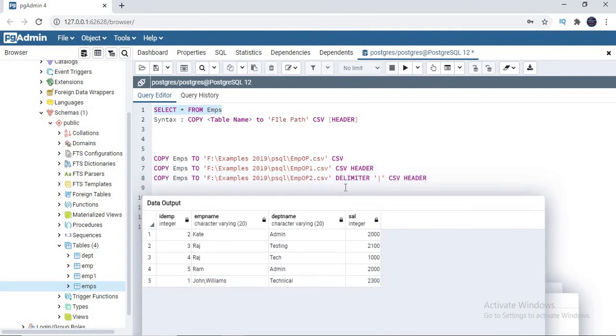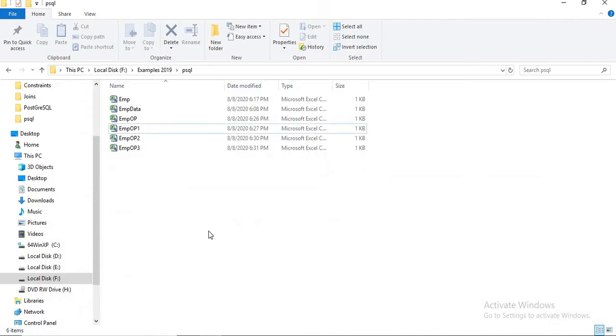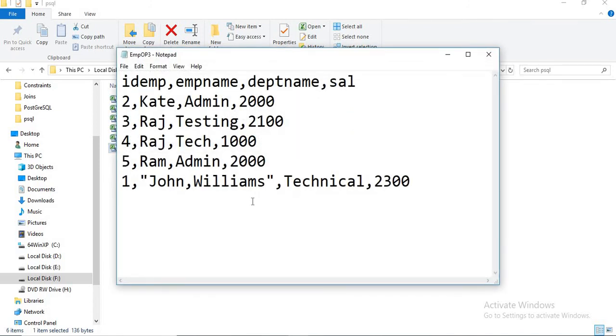Now if I try to do this, let me keep it as 3. Let's not keep this here directly. Let's make it as 3. Let's quickly run this. What will happen? We'll see. Now if you come here, this is the one. You got double quotes especially for this one.